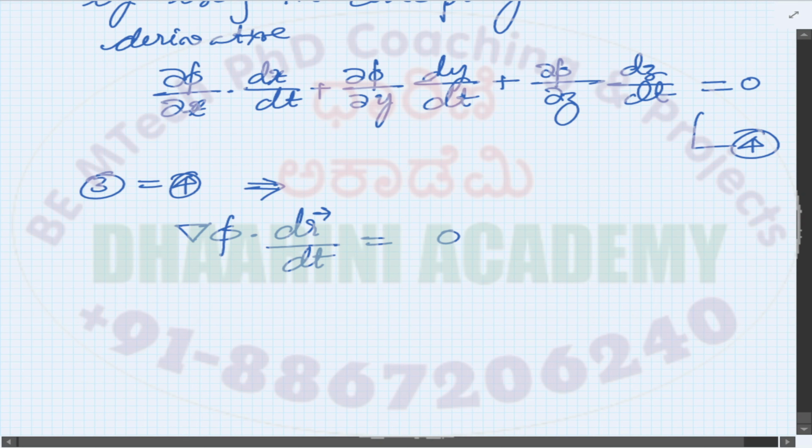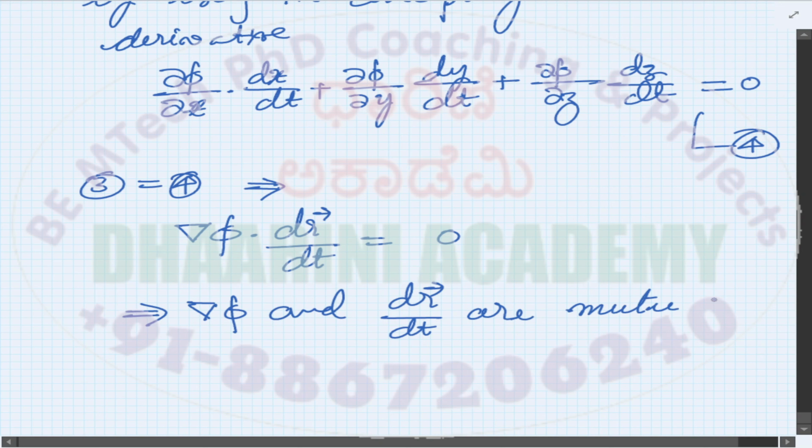So the dot product equal to 0, this implies the del phi and the dr by dt are mutually perpendicular,